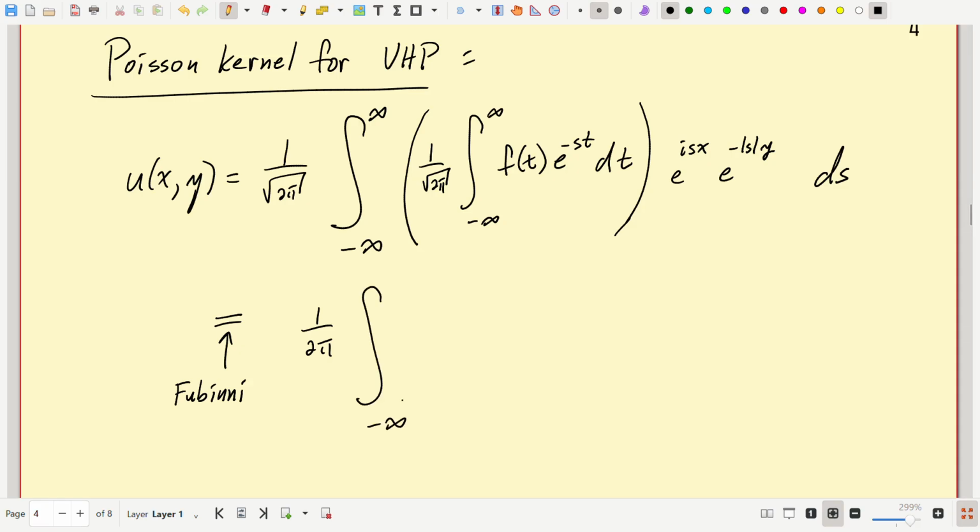So I'm going to have minus infinity to infinity, now with the dt on the outside and the ds on the inside. And when I do that, the f of t can be pulled out front of the integral. And then the integral in the ds part would go from minus infinity to infinity of, what do I get left? I'd get e to the minus st times e to the